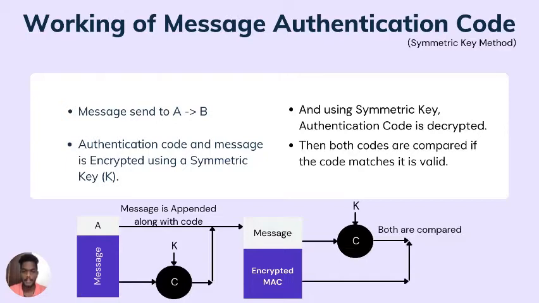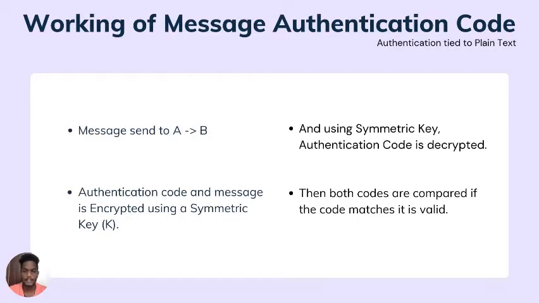We'll be using authentication tied to plain text in the next scenario. So here the message and the encrypted MAC are sent to user B, and he will decrypt the MAC, that is the message authentication code, and he will compare the authentication function output and the message authentication code. If both are equal, he will be able to access the data.